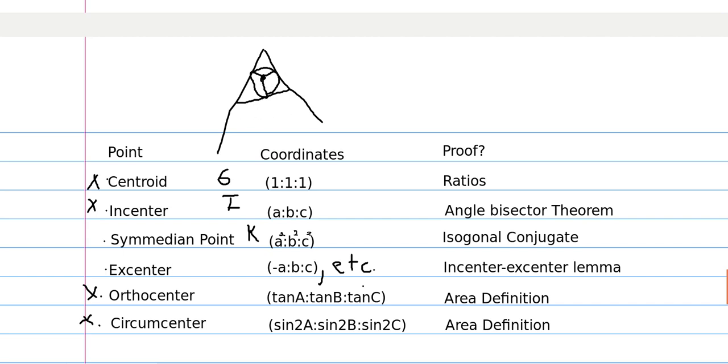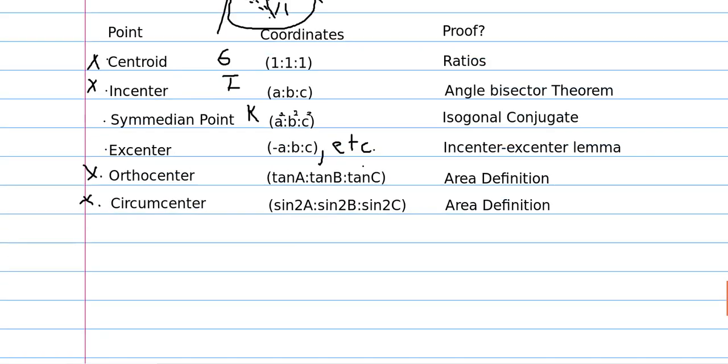Similarly, the excenter is a specific point, the center of a circle that is tangent to one side and the extensions of the other two sides. It is also the intersection of one of the angle bisectors and two external angle bisectors. So if this were angle B, then this is the external angle to B, and this line bisects that angle. We would denote that as IA,